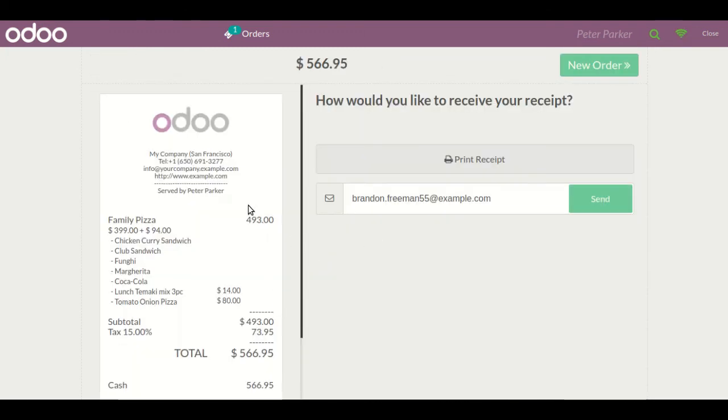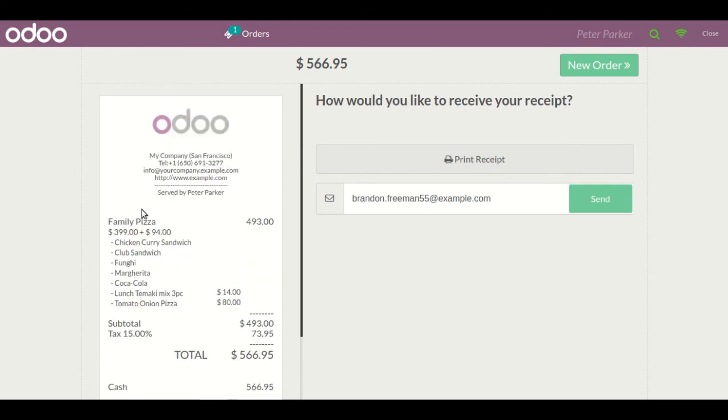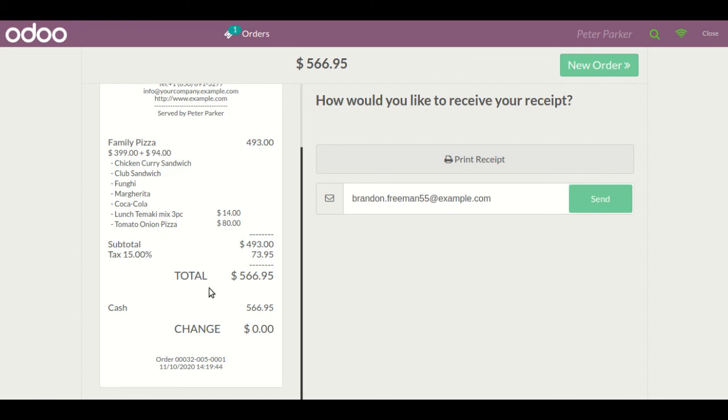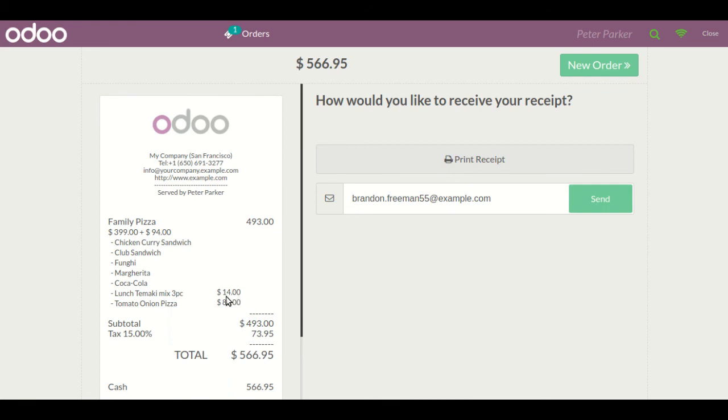As you can see, all these products with these sub products in the combo are shown over here, and the extra price is also defined as per the configurations. This is the subtotal amount, tax 15%, and the total amount. Like this, the point of sale receipt will be generated accordingly, and we have also customized the point of sale receipt, right? So that's all about the point of sale combo product module.